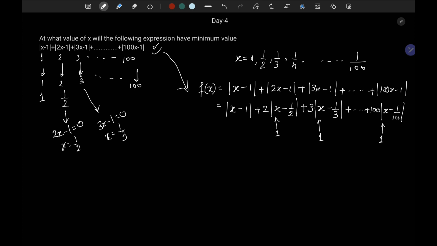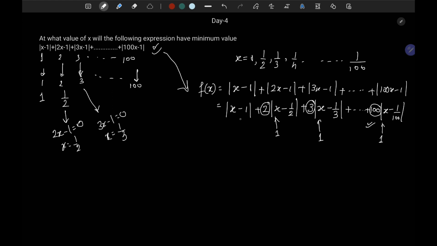Now you can consider this 2 or 3 like this up to 100. These are weights of the modulus. What do I mean by weight? The meaning is the more the weight is given to a modulus, the more it would try to draw the graph towards that particular point. Like